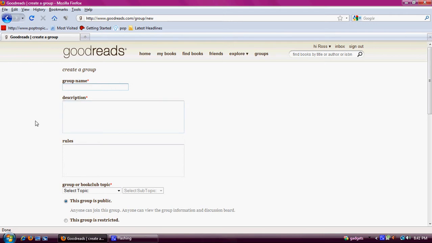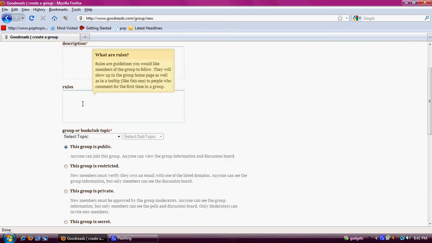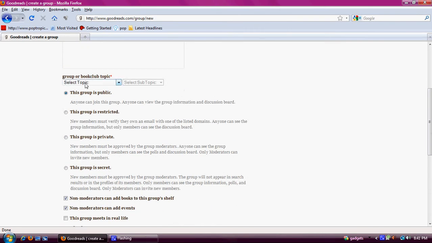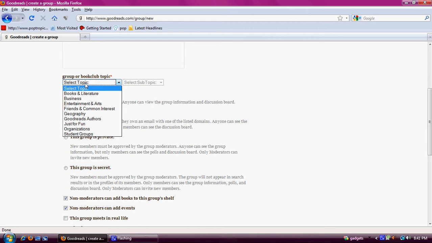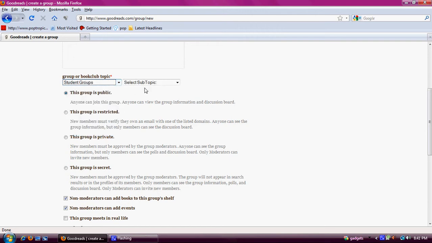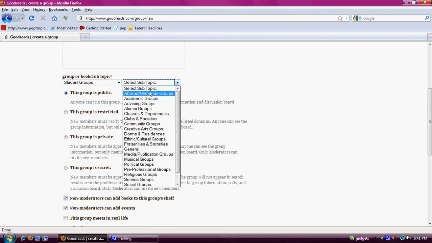So for us here at school, we usually go student groups, and we go, any of these things in here. For my classroom, it was academic groups. These are very important options for you. If your students have email addresses and you know those, you can use them for your group and to invite students